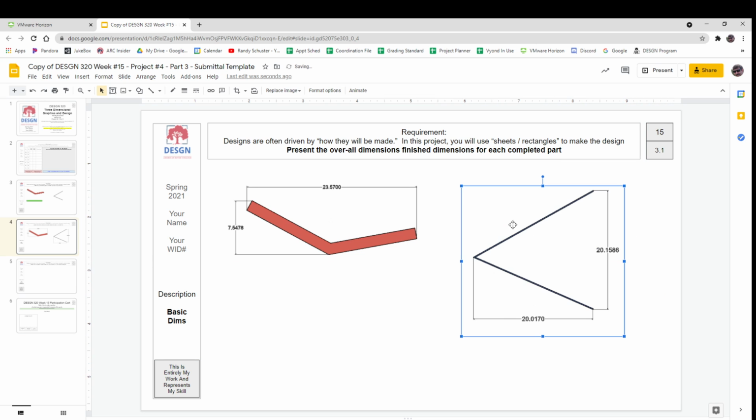So it's up to you to figure out all the, by now you've been working with this long enough, you can get your information in. So that's your 15.3.1. This is an example. It's not complete. It's not yours. It's not all the way done, but I think it gives you the idea of what I'm talking about. Overall dimensions from side to side, top to top. And then we can talk about how thick the material is and all that other stuff at another